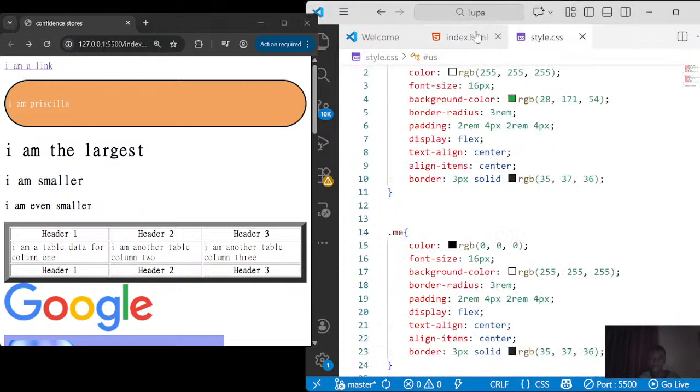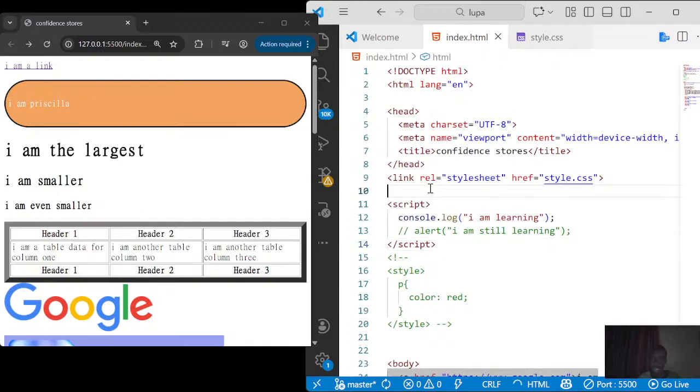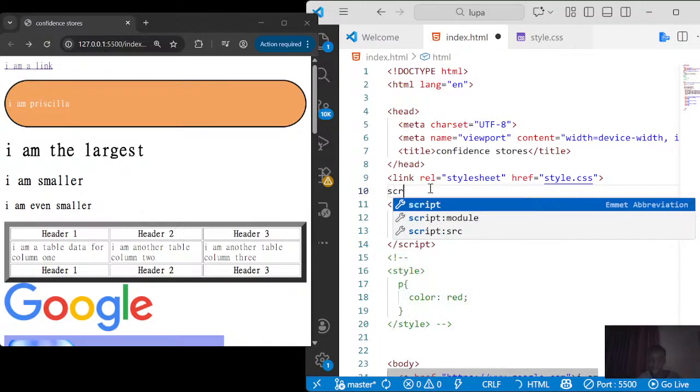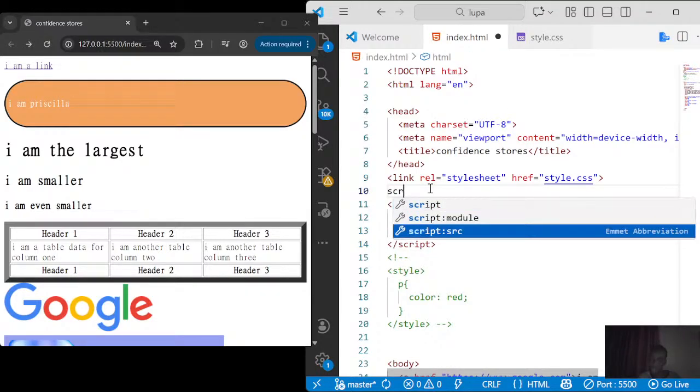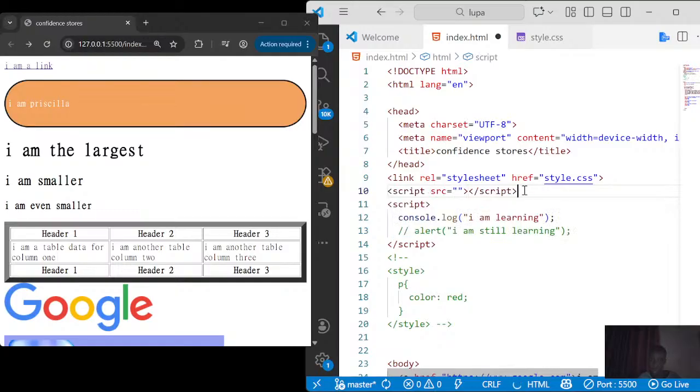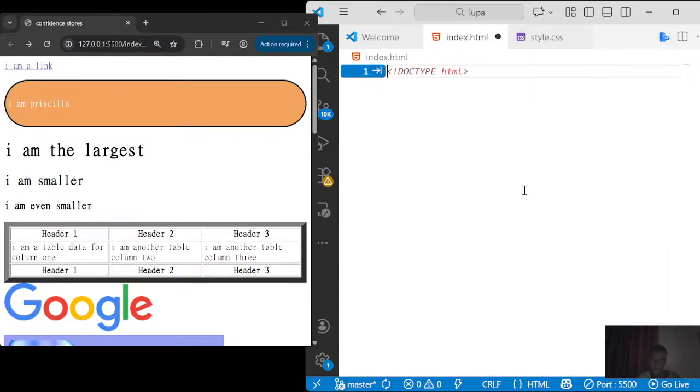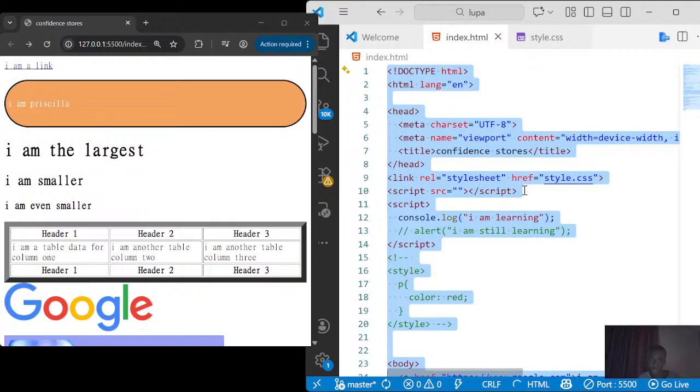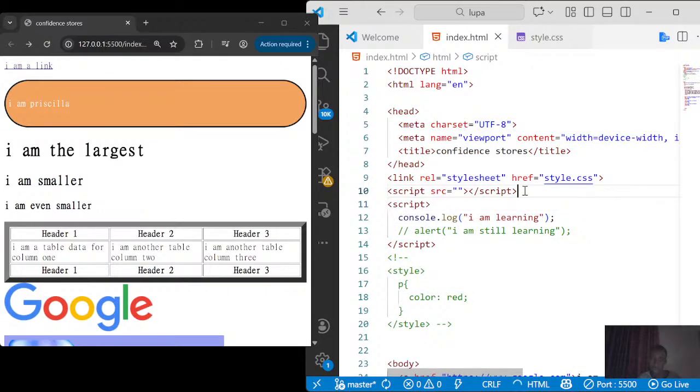So let's go. Second way of adding JavaScript, using the script tag and source. This is with VS Code. If I want to do this manually, that would be script. Then you add the attribute, src, the first option. Press enter. Then where is our JavaScript? What do you want to name the file? Let's say we want to name the file